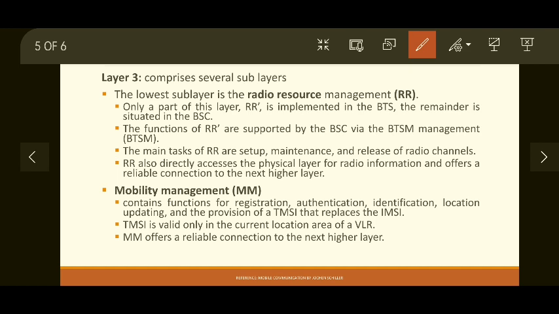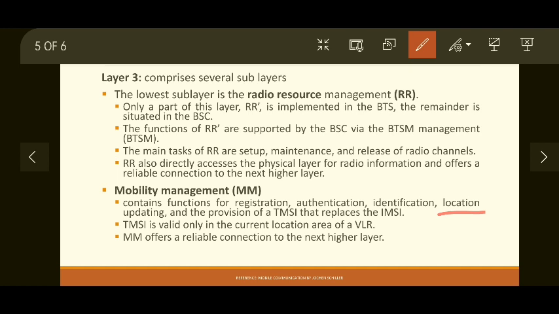So caller ID is also supported by the mobility management layer. And location updating. While the user is roaming around, its location continuously gets updated. If the user stays within the same base station, then not much problem. But if the user moves out of the base station, then the call should not be disconnected. That's why location updating is so important.